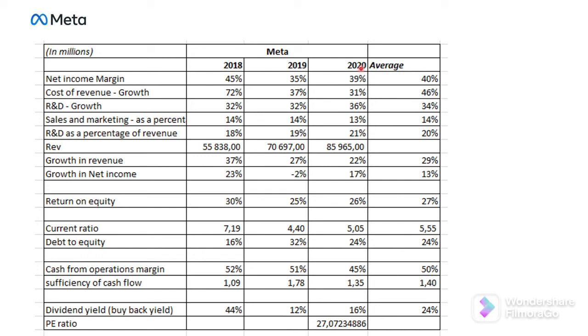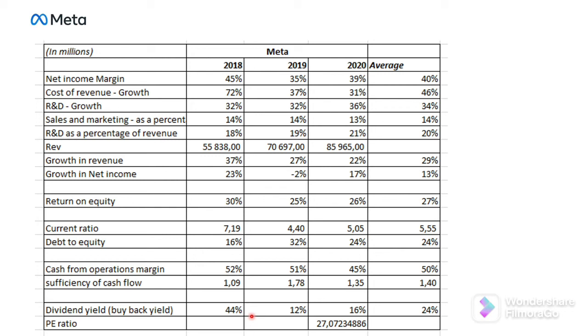So relative to its performance, this is how expensive Facebook is. This is how much you're paying for earnings. Again, you can extract more value from the PE ratio when compared to another company's PE ratio to determine how expensive it is. So you first determine how expensive it is relative to its performance. At 27, for me, it is a bit expensive, but you consider the fact that companies in this industry are trading at